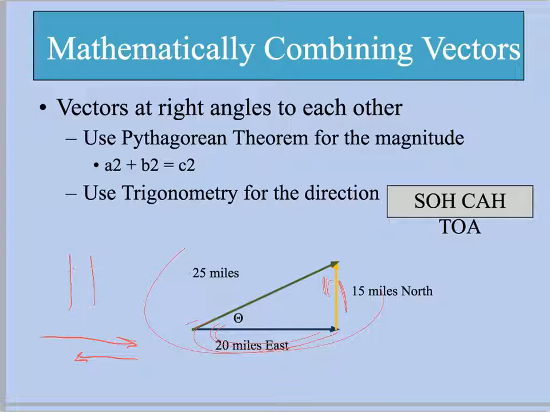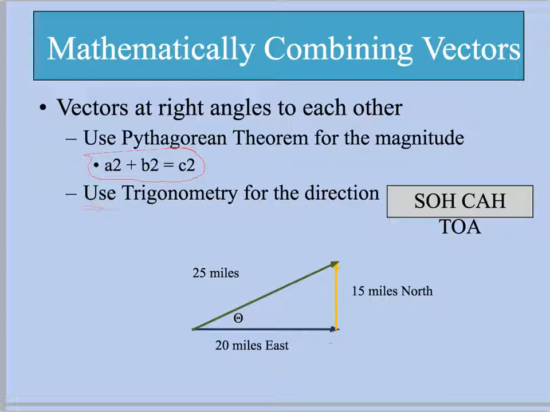Well, what you're going to have to do is go to some trigonometry. And there are two main things with trig that we tend to use a lot of in physics, and that is the Pythagorean theorem, a squared plus b squared equals c squared,